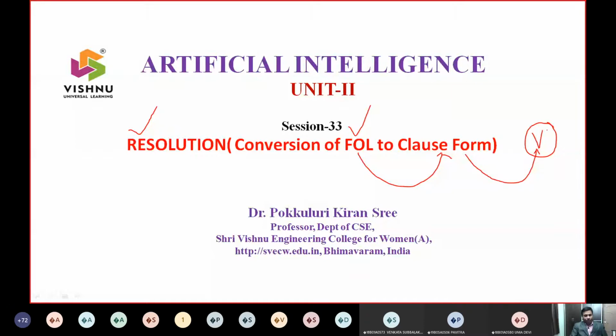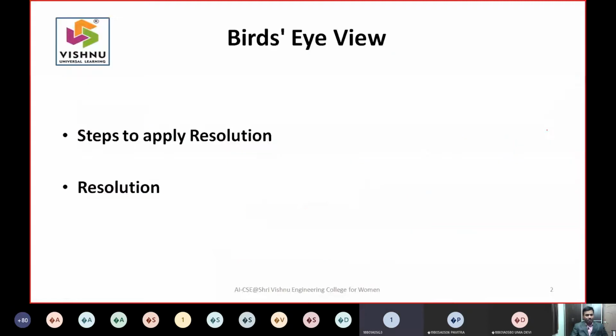So we need to take this resolution very seriously. The reason is resolution is very important not only in the context of external exams but also for people who wish to pursue their PhD in the area of inference mechanism. So this will have a greater emphasis. So this is what the introduction of the class is.